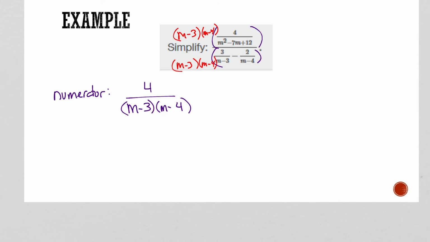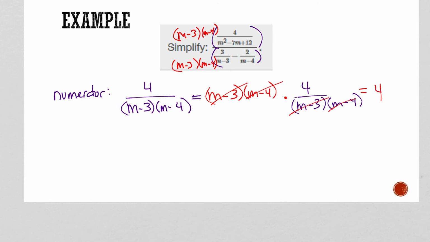Okay, all right, so I am multiplying m minus 3, m minus 4 times 4 over m minus 3, m minus 4, okay? So what that does is this cancels this, and this cancels this, and I'm left with simply 4 in the numerator, okay? My denominator